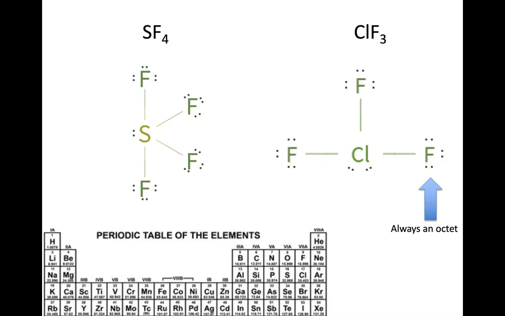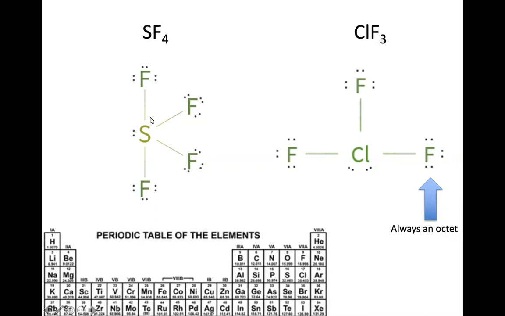Let's look at them though and see if their formal charges work. So for sulfur, it has 1, 2, 3, 4, 5, 6 different valence electrons. So if we were to calculate the formal charge for sulfur here, it would be 6 minus half of them that are found in bonds. So 6 minus 4 minus 2. Sulfur has a formal charge of 0. Excellent. All of these have formal charges of 0, and I'm not going to worry that I exceeded an octet